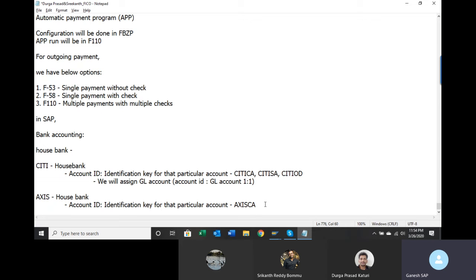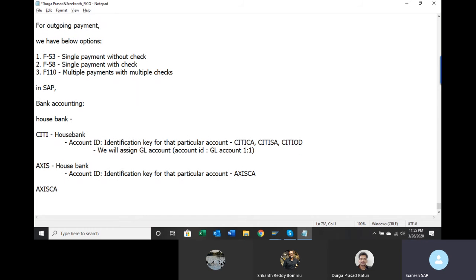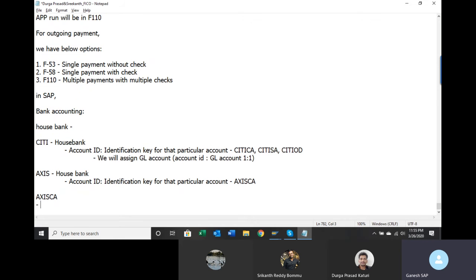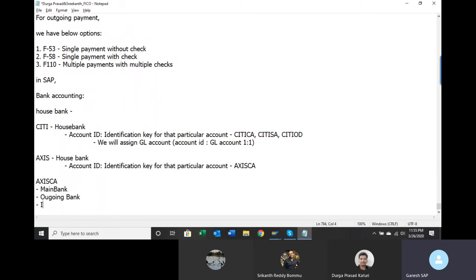Okay. So in SAP particularly, whenever you create any bank account, I take Axis current account. For this, we will have 3 sets of GL accounts. One is main bank, another is outgoing bank, and incoming bank.